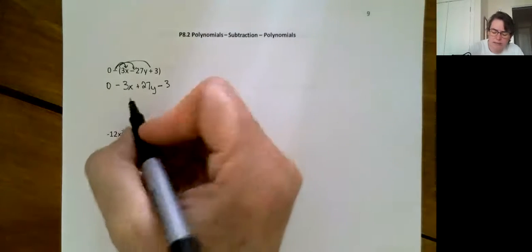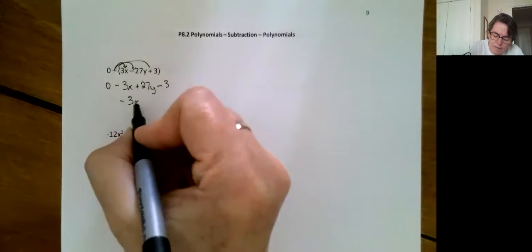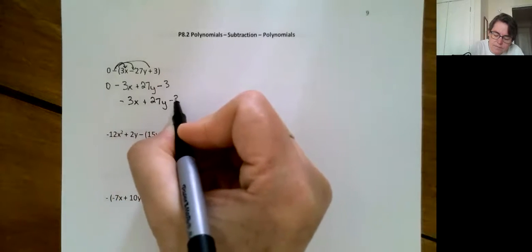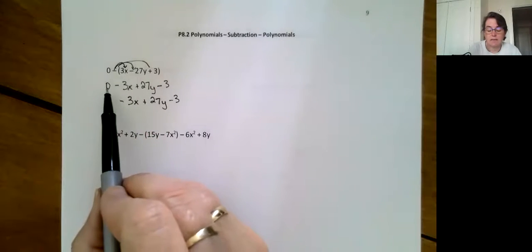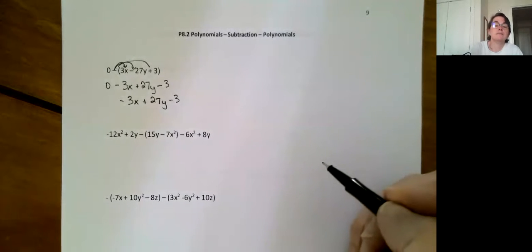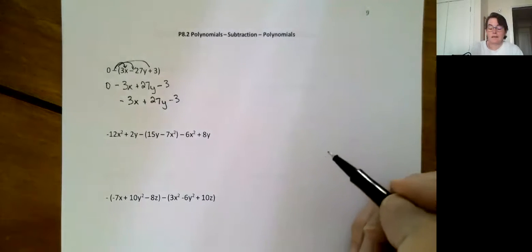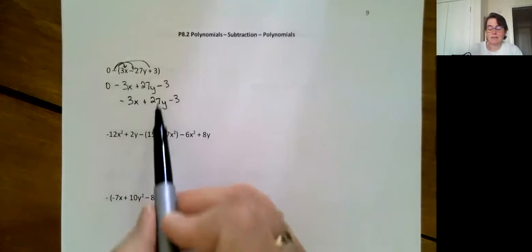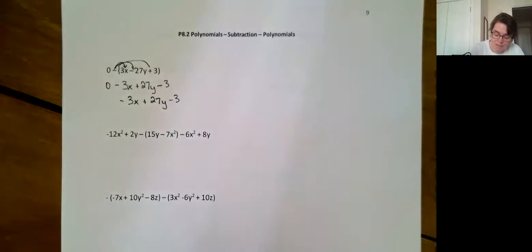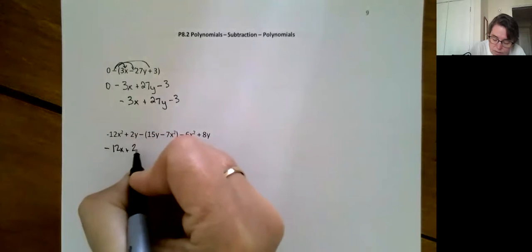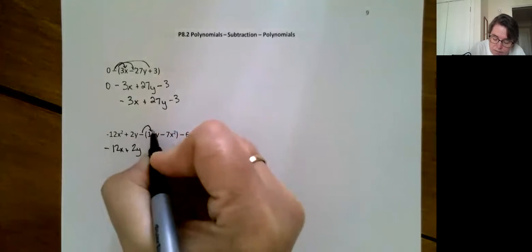That's kind of a weird looking answer. I guess technically we added the 0 to the minus 3 back there and collected all our like terms. What has essentially happened? Well, it just means that everything in that bracket changed signs. That's how it goes. Minus 12x plus 2y distribute